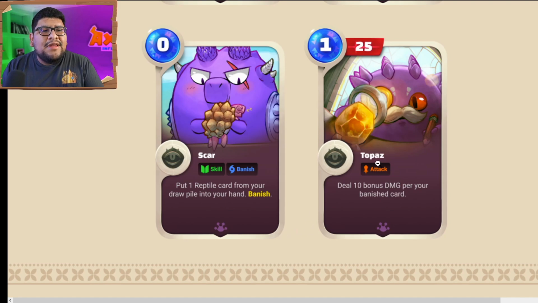Here you go. Next one is Topaz. It says 1 energy, 25 damage. It says deal 10 bonus damage per your banished cards. So if there are no banished cards, this only does 25 damage. But if you have a deck that you've banished a lot of cards in, Topaz can get really high in damage. So just imagine you got rid of